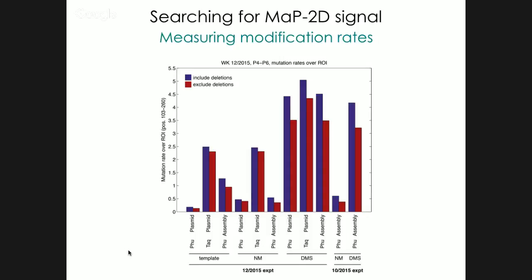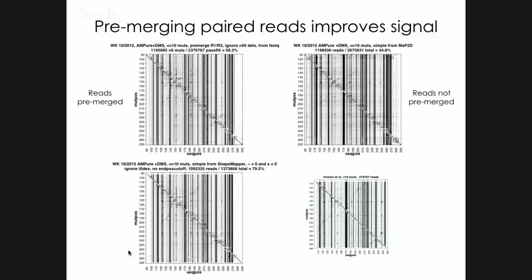And so something that I did more recently was to use the software called BBMerge, which is part of the BBMap software suite of bioinformatics tools, to merge the read 1 and read 2 FASTQs together before performing the alignment to the wild type sequence. And so the results are shown here. On the upper right is the initial data for one specific experiment, which was using P4, P6 from the PCR assembled DNA template,